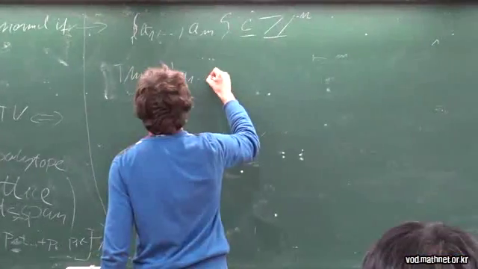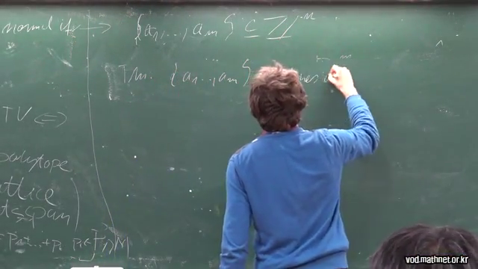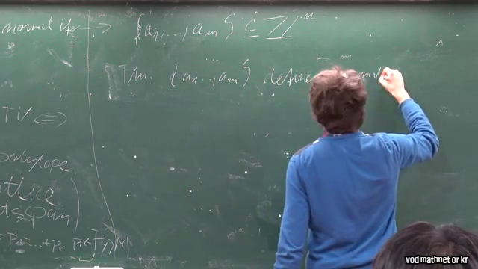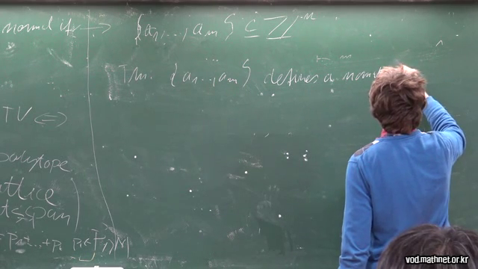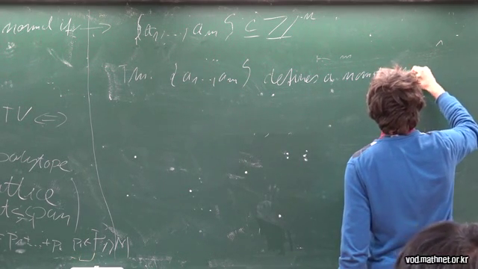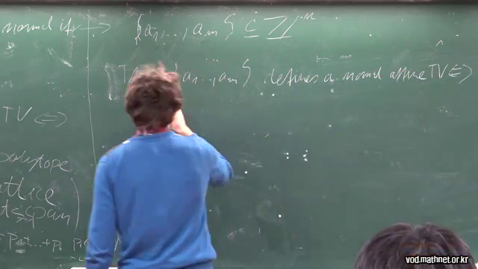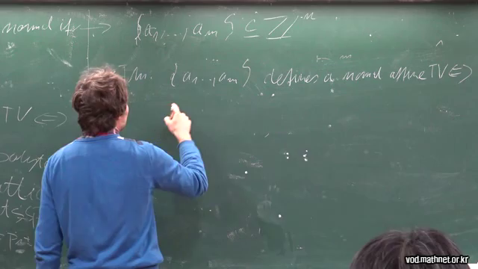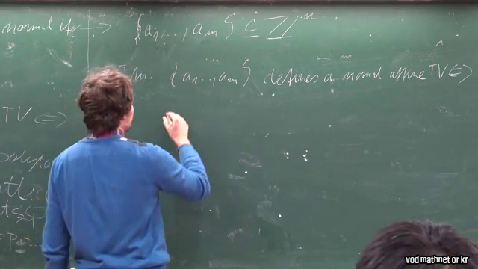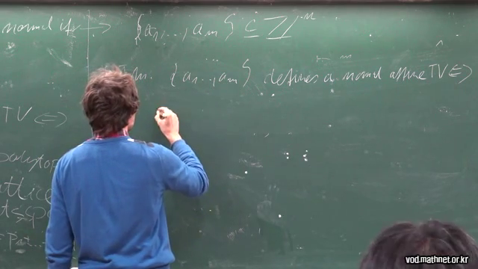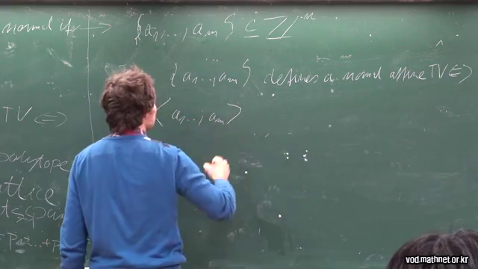A1 up to Am defines a normal affine toric variety if and only if the monoid generated by these lattice points